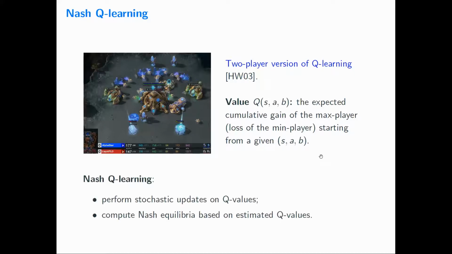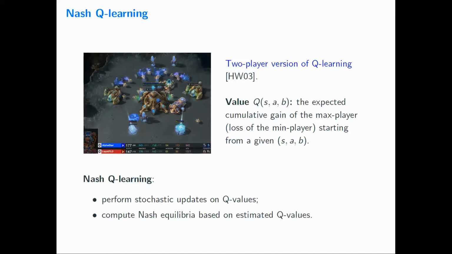During the whole process, they're doing two things alternately. The first thing is to estimate the Q value, which is the way they quantify the model. They perform a stochastic online update to learn the Q values. Once they have a good estimate of Q values, they can go to the second step, which is to compute the Nash equilibrium based on this Q value. This is essentially not harder than solving a matrix game. In our paper, we propose an optimistic version of Nash Q-learning to further handle the challenge of exploration,